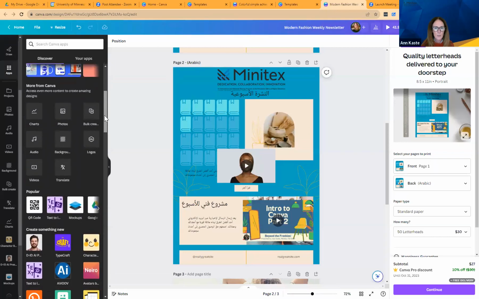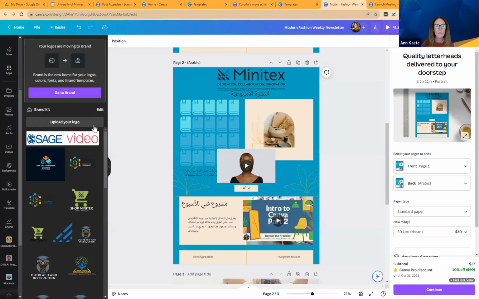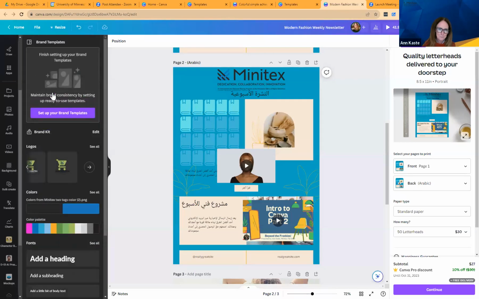Down here are all sorts of apps that I haven't played with all of them. We did look at bulk create and charts, logos. That's the stuff I think that you can generate and create for your own brand, which even if it's just your own classroom, you don't have to be a company or on Etsy to have your own kind of look and feel to things. So if you like to have a unified look and feel, logos is something you can go create, and it'll help you. There are assistants in logos to help you create a look and feel that you like, and a color palette that you like, fonts and text that you like. So I of course use Minitext for the most part, but